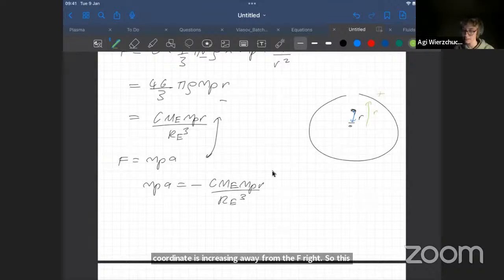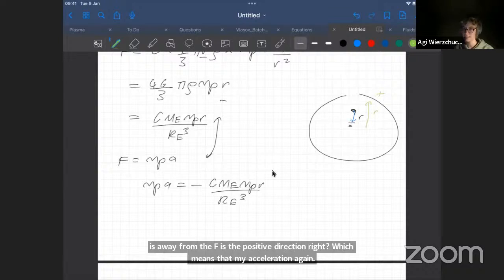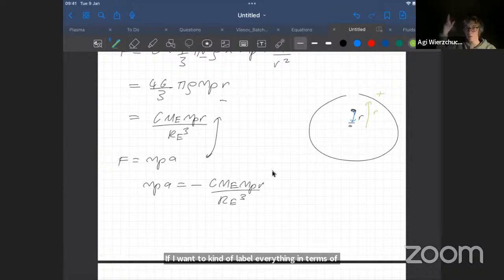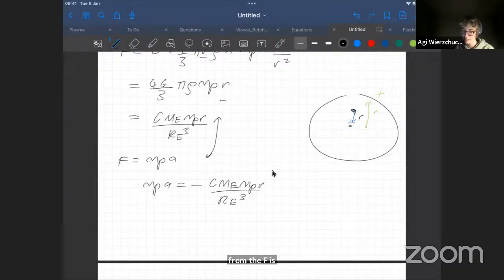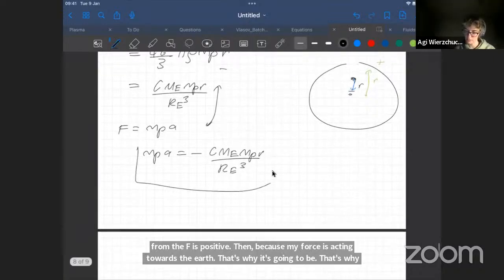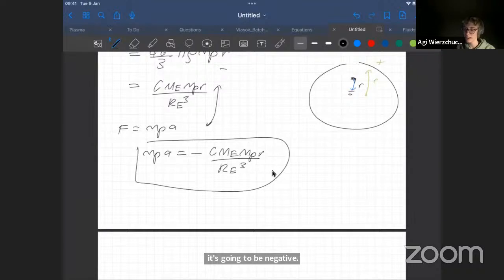Which means that my acceleration, if I want to label everything in terms of positive and negative, if away from the Earth is positive, then because my force is acting towards the Earth, that's why it's going to be negative. Good. So to recap how I got this expression, the minus is,